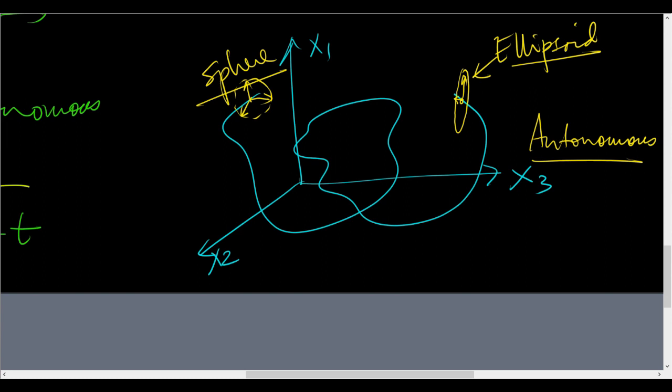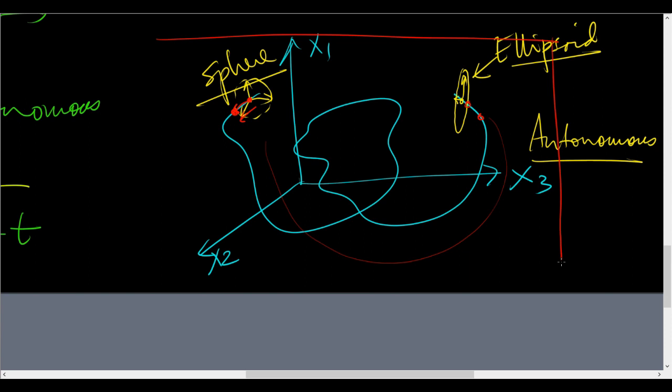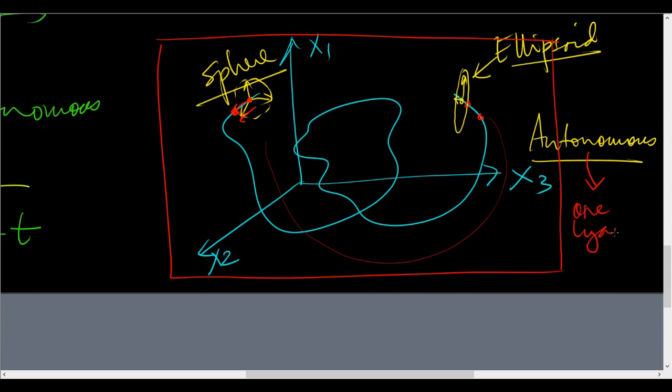one perturbation is along the trajectory itself. We can start it at this point instead of this point, and it will be a little bit ahead in time, and after a very long time it will still be just an equal amount ahead in time. So it may stretch a little, compress a little, stretch a little, compress a little, but it's not going to go infinitely far away because we are in some bounded region of phase space. And so what will happen is, for an autonomous system, one Lyapunov exponent will be 0